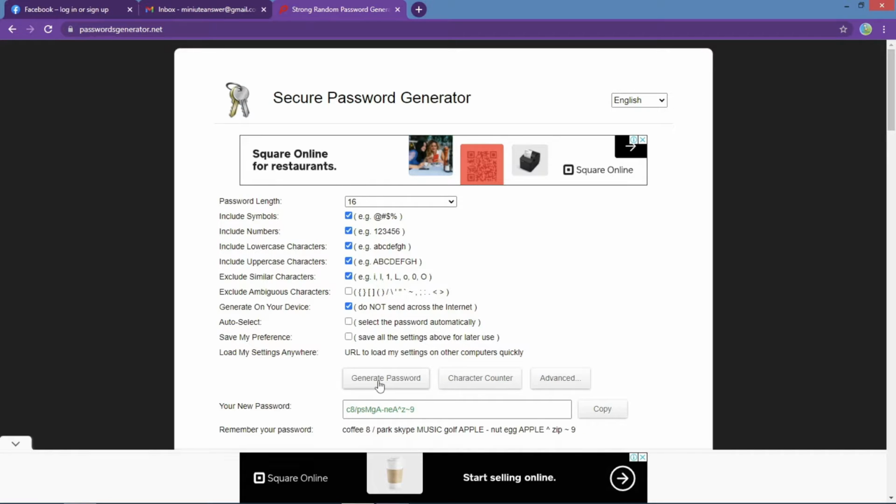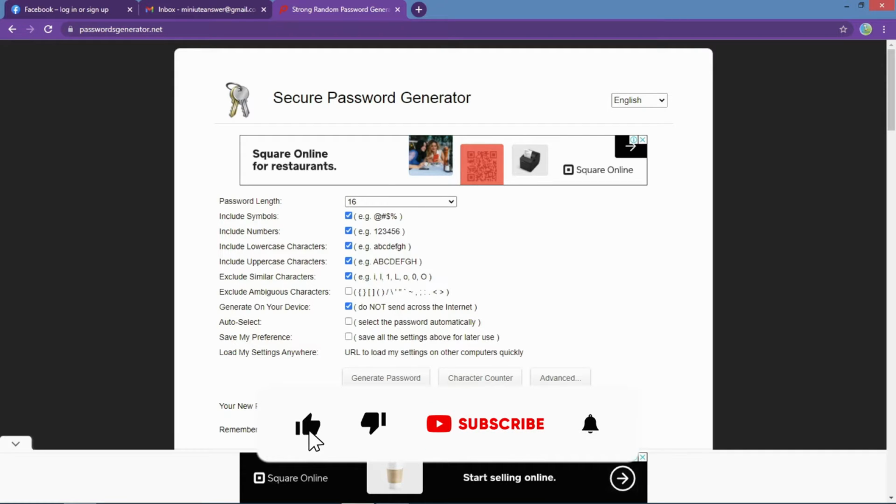Here you can create a good strong password, then you can add to that. But before you add that password, please add another characters to the end of the generated password as you wish, because it will increase the security of the password.